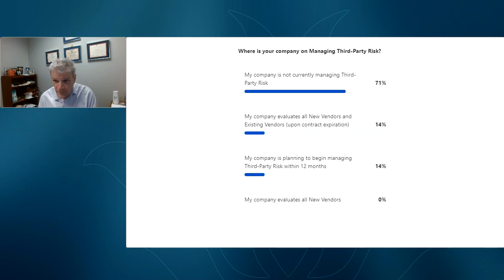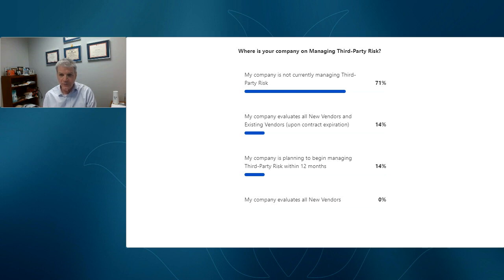All right, so not totally unexpected from what I was thinking was going to be up there. Most everybody is either not doing anything or going to be doing something within the next year. I think that's probably pretty standard. I know it's, from my perspective, what I'm doing here internally. It's not out of the realm.